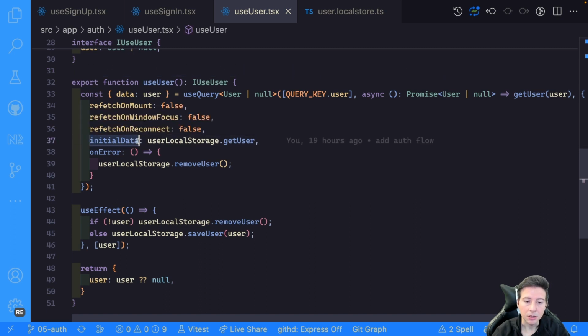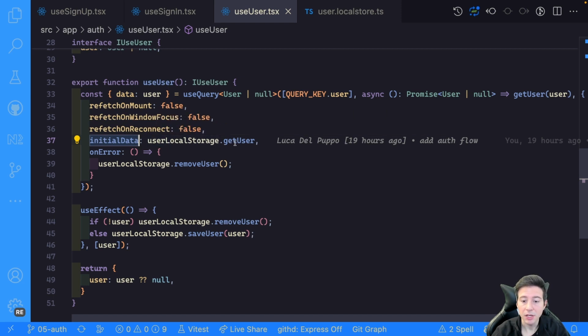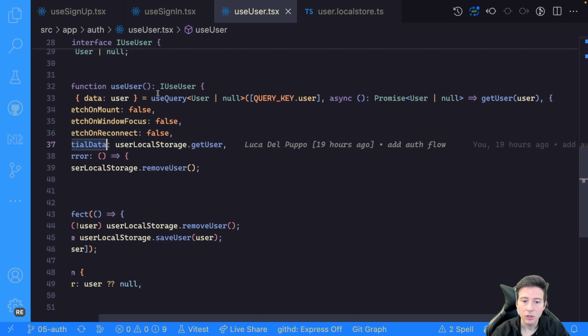The second important part is the initialData. This property could be an object or a simple function. In this case, we use the getUser to get the user from the local storage, and it's important to understand this part, because when we call the useUser hook for the first time, the application gets the user from the local storage, and if it exists, then uses the result to get the user again from the API, and in this case we update the user